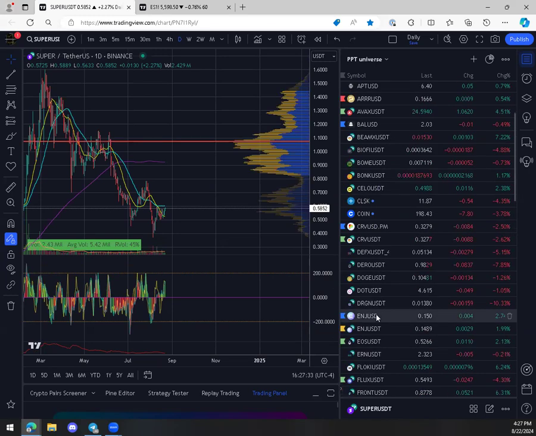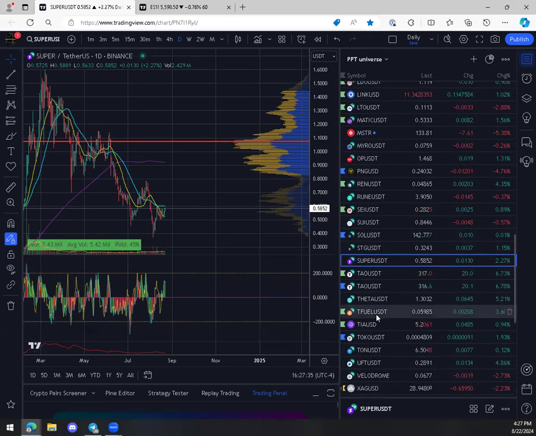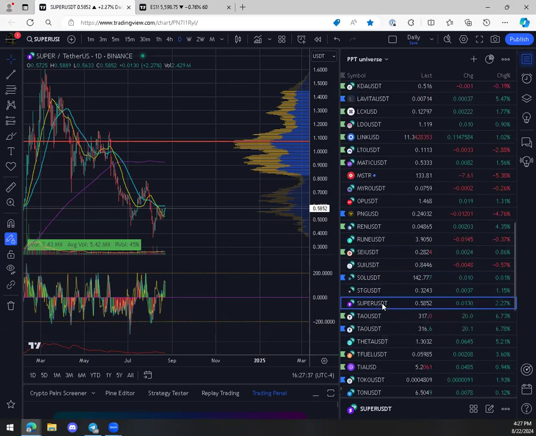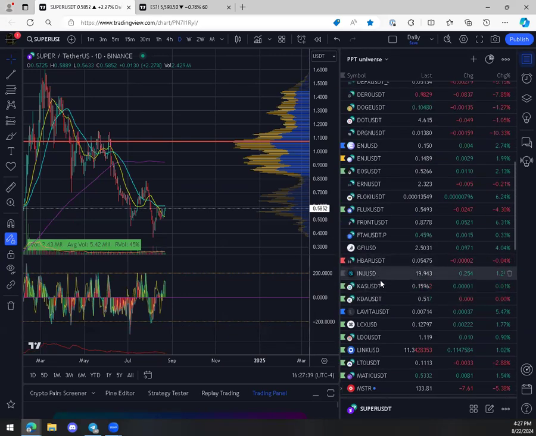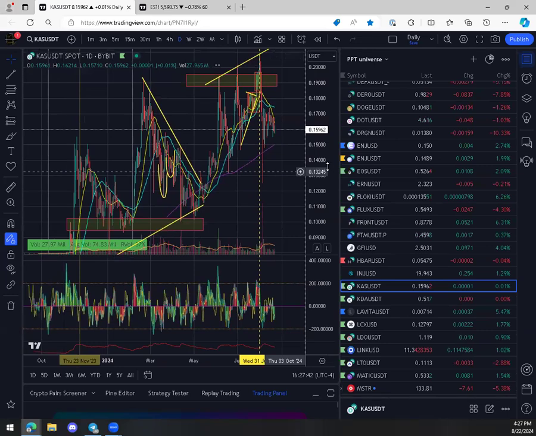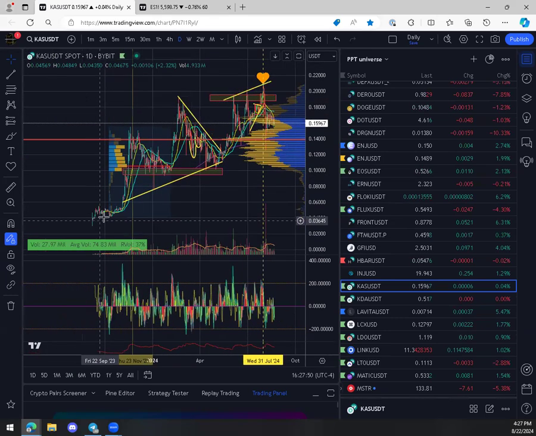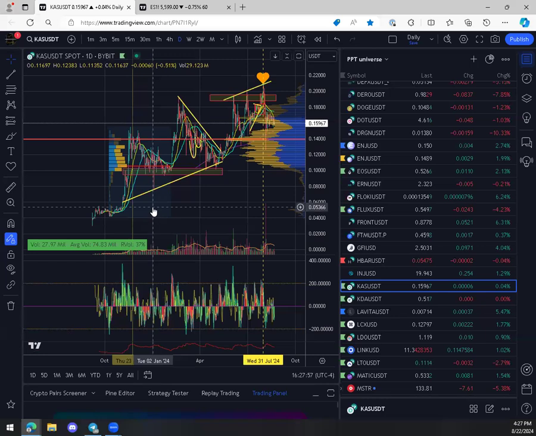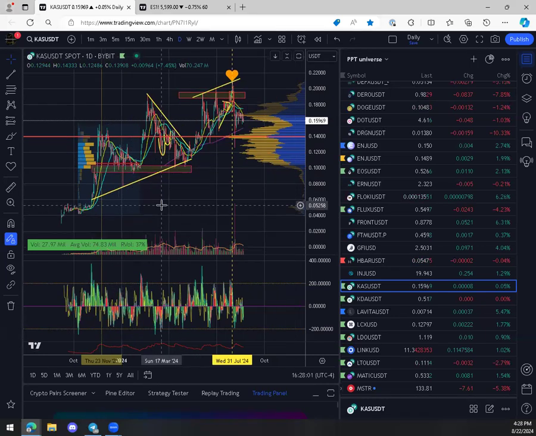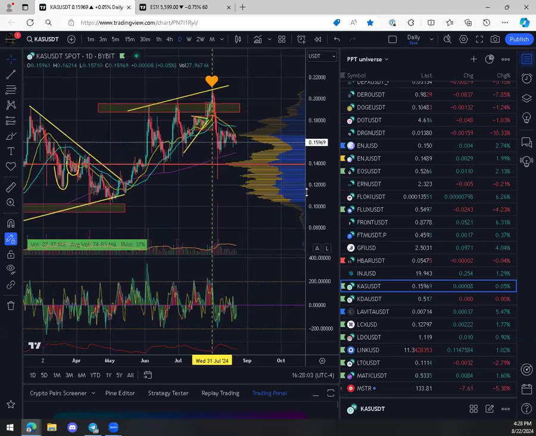One coin has held up almost suspiciously well. Let's go to it. Notice this one has held up suspiciously well compared to the other ones. Let's go to December, and you see how this one's held up very well. Pretty crazy, right?